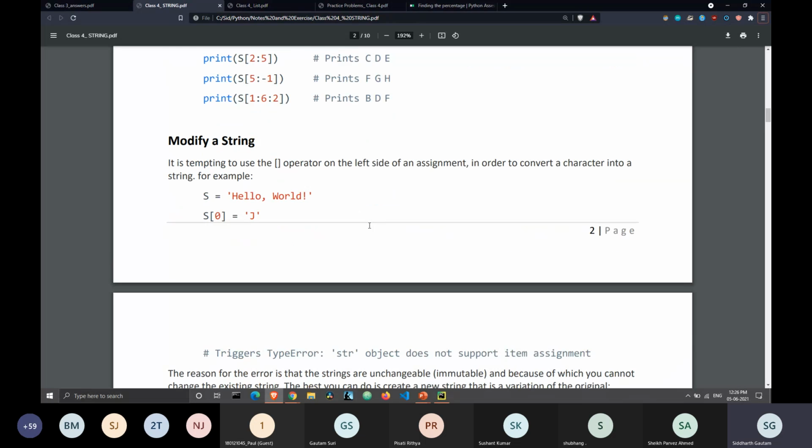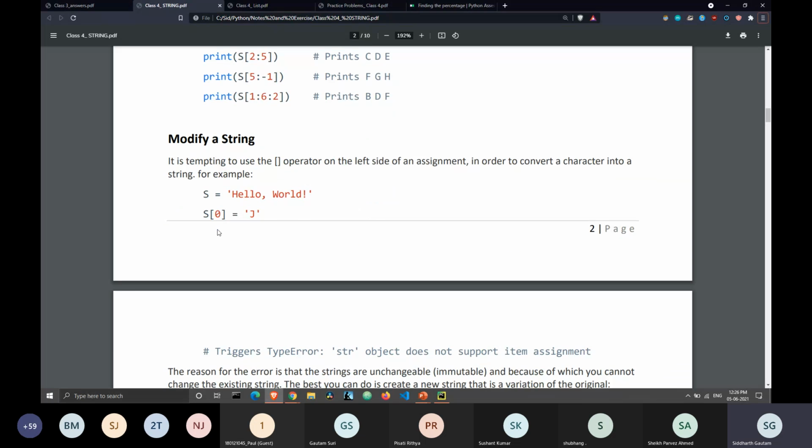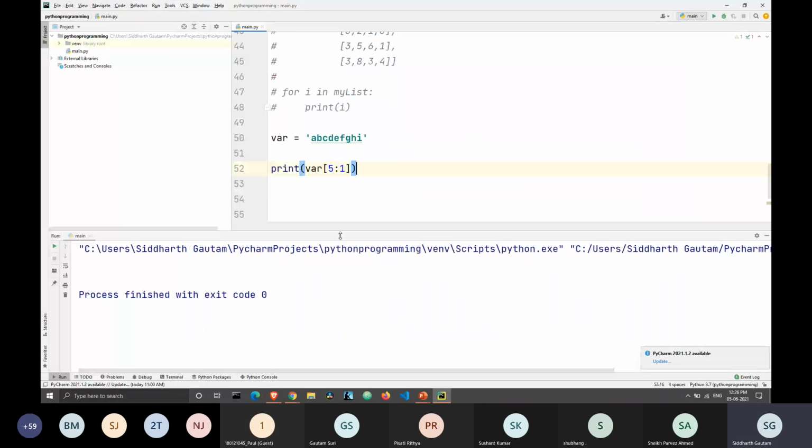And similar to a list, you can access an element and you can change its value. So again, let's take a quick look at this. I will just remove all of this. Again, we'll take the variable as var, and let's type hello world, then var 0 equal to j.